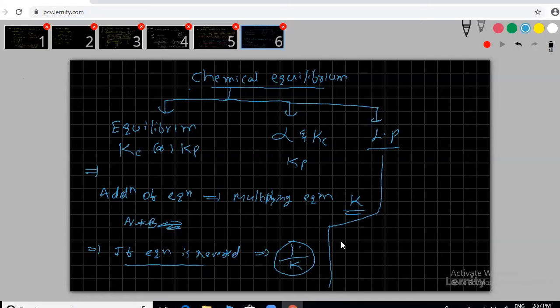If you are multiplying the equation by any number, suppose n, then you have to write the new K equilibrium expression. If you are multiplying it, that's going to be a power, sir. N. There should be a power. But I am going to give all examples. You don't worry. If in the equation we are dividing by half, then you have to write the new equilibrium constant expression with power 1 by 2. Whatever you are doing, that value, 1 by n means power 1 by n. Shall we see one or two examples?